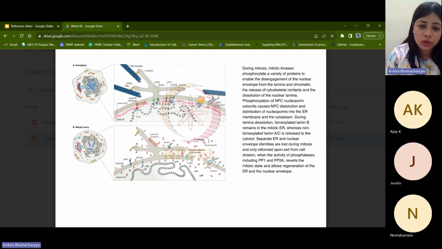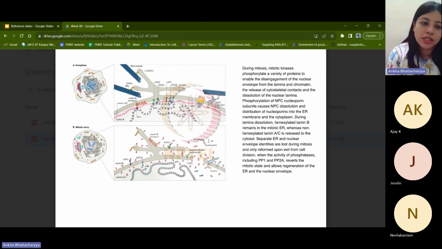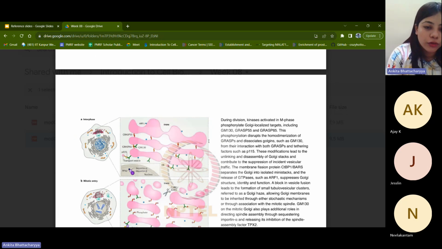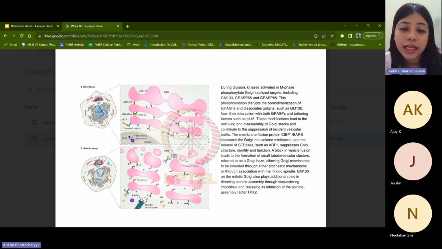So this is what happens to the lipids over this course of time. Again, it is a lot of detail, but for now you can just understand it as it is, that there is entire dissolution of the nuclear and the ER identity, nuclear membrane and some of the associated ER. And after mitosis, again, there is regeneration of these two envelopes, and no individual identity is maintained at that point of time.